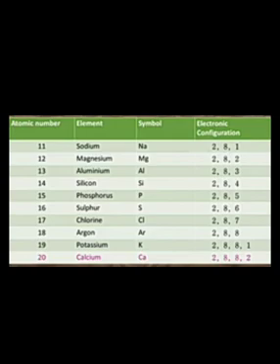Then phosphorus atomic number 15, symbol P and electronic configuration 2 8 5. Sulfur atomic number 16, symbol S and electronic configuration 2 8 6. Next is your chlorine, atomic number 17, symbol Cl and electronic configuration 2 8 7. Next come to argon. Argon is a noble gas, atomic number is 18 and symbol is Ar. And now just see the electronic configuration 2 8 8.